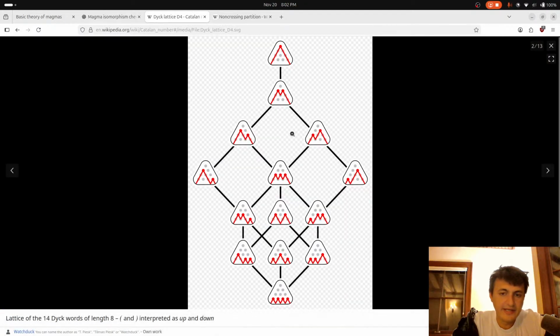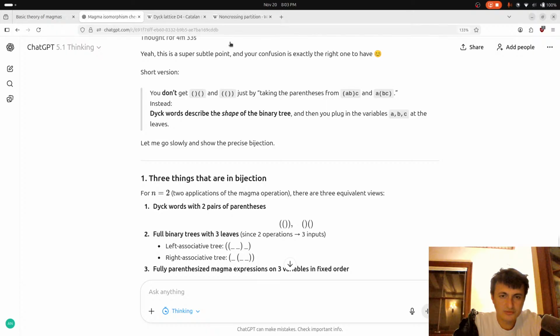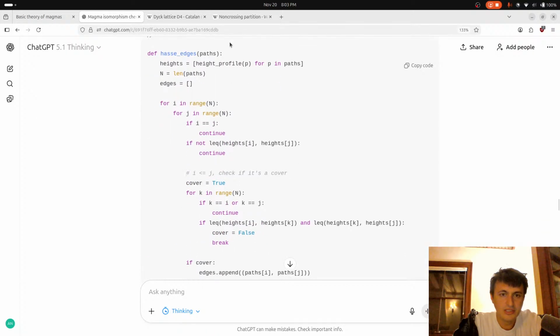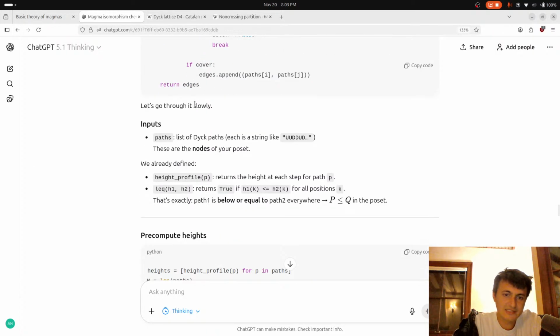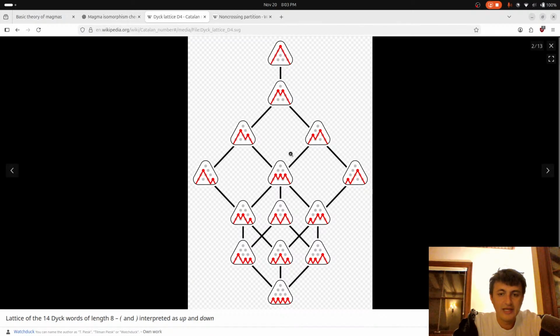I like this. And so basically, what chat said is that likely what this is, you define a partial order by using an operation where basically this one is above this one at all, above or at equal at all positions. So let's see if I can show some code here. So I had to generate some code. So basically, and this isn't going to help that much, I'm just going to describe it. And so, you can see here at this point, it's lower than all points on this thing, and then here.